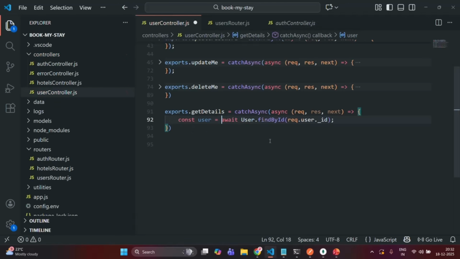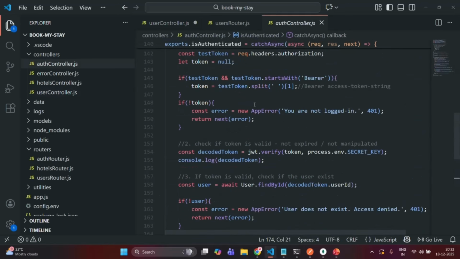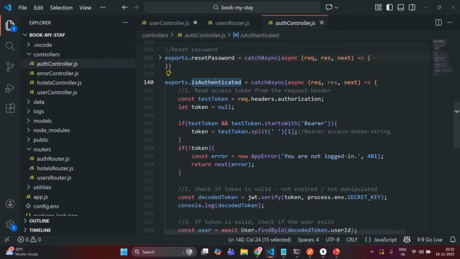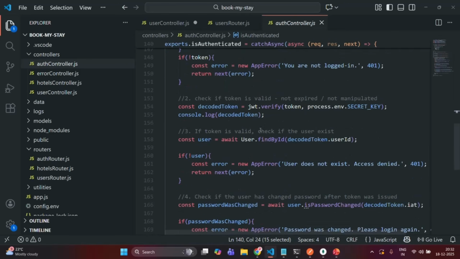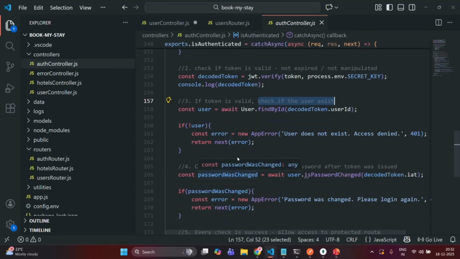Okay, and remember that we will reach here only if the user exists in the database, because in the isAuthenticated middleware function, in this function itself, we are already checking if the user exists in the database or not. If the user does not exist, we are throwing an error from here. Only if the user exists, we are moving to the next check. So